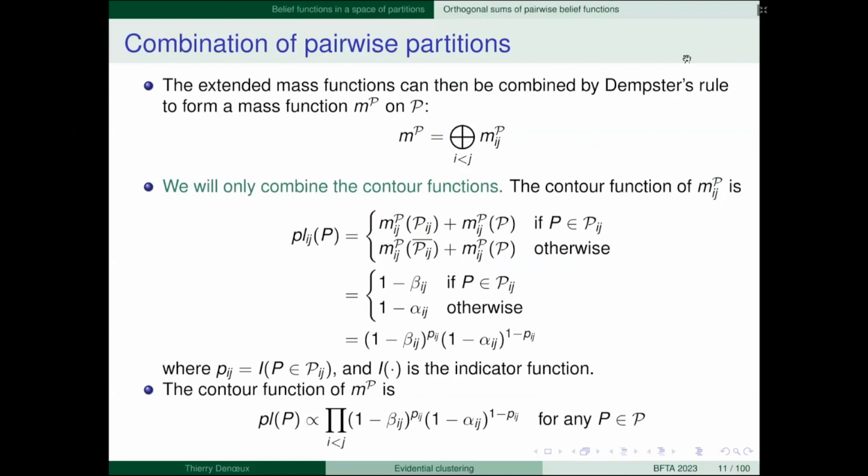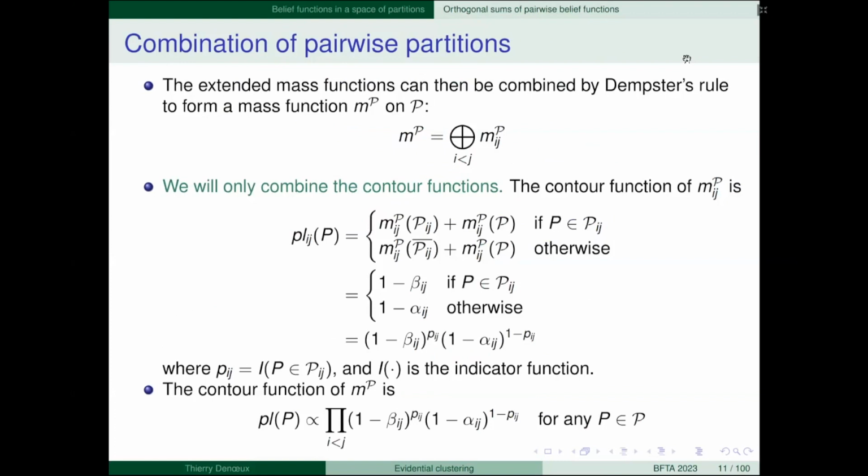Okay, but here again, as we did yesterday, we are only going to combine the contour functions. Okay, so we'll only get the plausibility of any single partition.